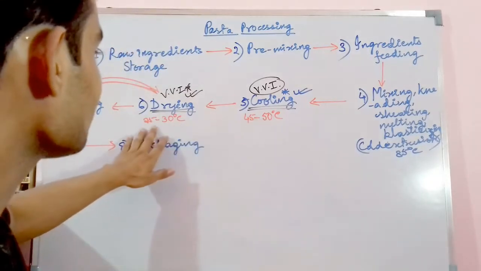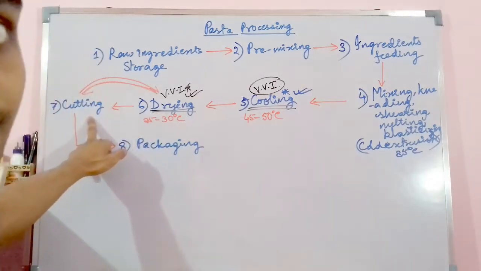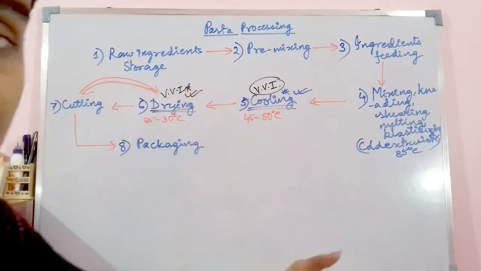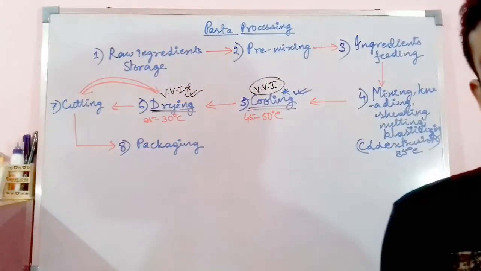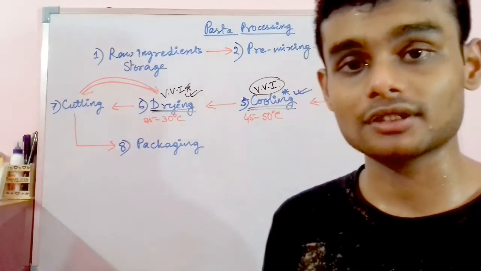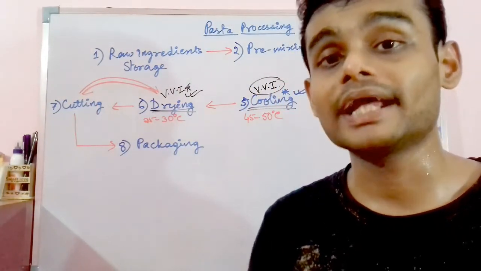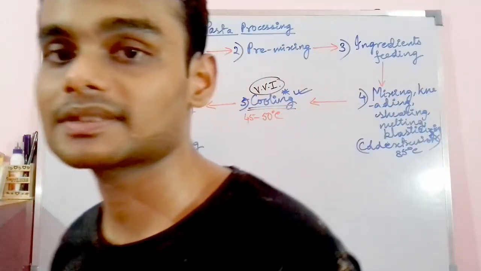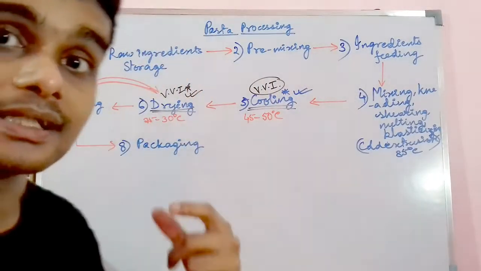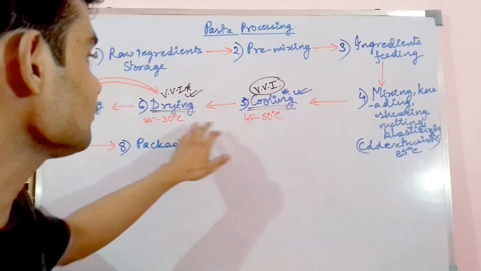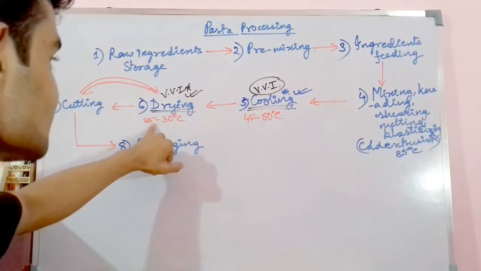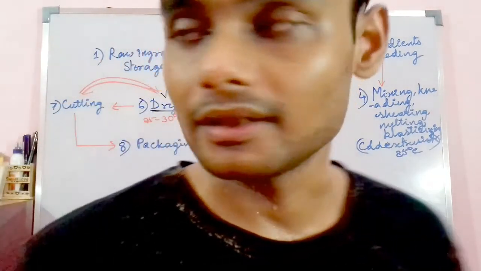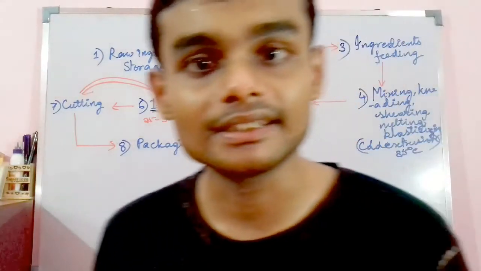Now it is dried to 25 to 30 degrees Celsius along with the cutting process, because once it is dried to 25 to 30 degrees Celsius, cutting the hard macaronis and pastas is impossible. It would break all the pastas, and achieving the desired shape of the pasta would not be possible. So drying and cutting are done together, where the temperature is reduced from 45 to 50 to 25 to 30 degrees Celsius along with the cutting section, and finally it is subjected to packaging. So this is how pasta processing is done in the industries.